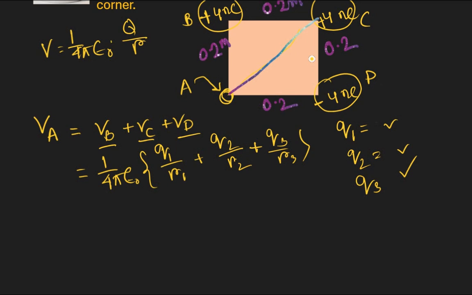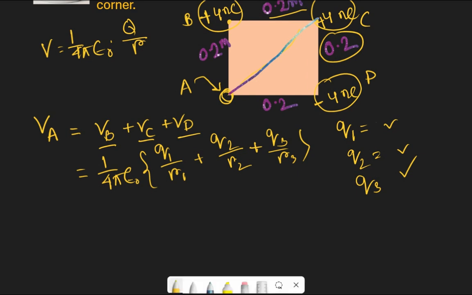So, for B and C, the R is 0.2 and C and D is 0.2, but in between point B and D, it will be R3. So we have to determine the value of R3, which is the corner of the